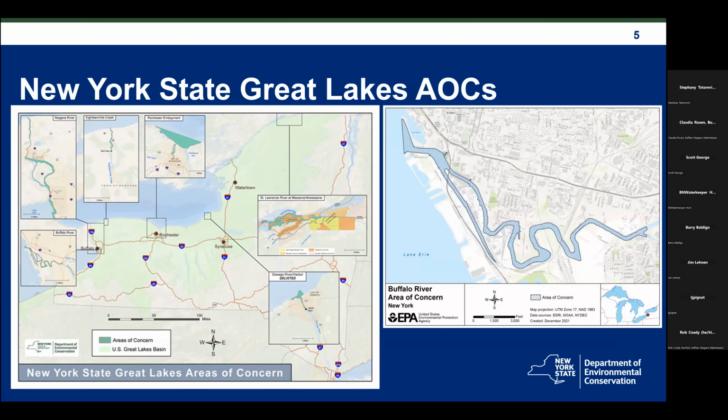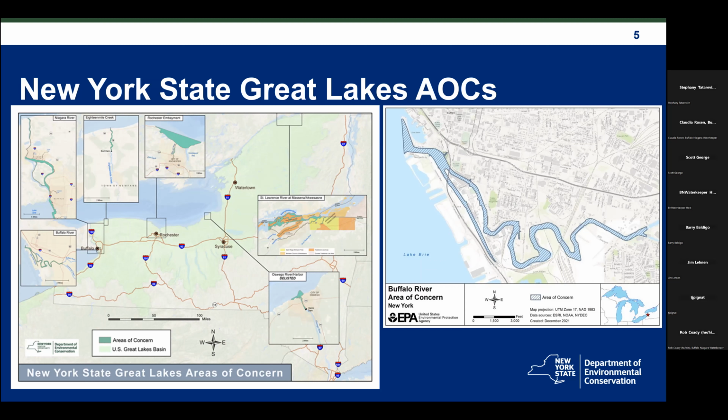So focusing on Buffalo River, the AOC boundary extends along the historically industrialized portion of the river, beginning at the mouth and continuing approximately 6 miles upstream to the Bailey Avenue Bridge. It also contains the entire 1.4 mile stretch of the City Ship Canal located adjacent to the river,